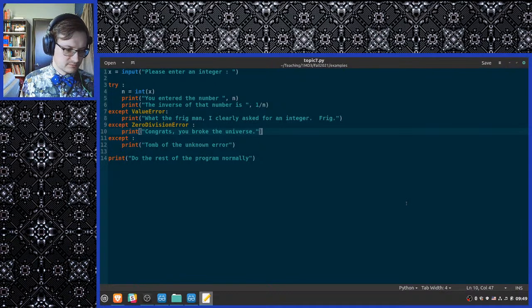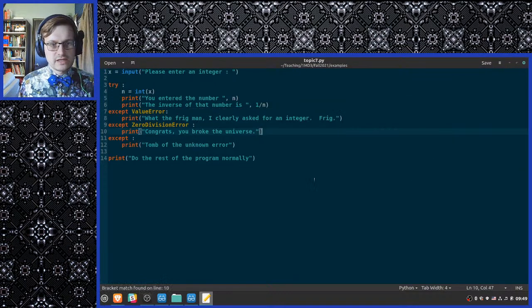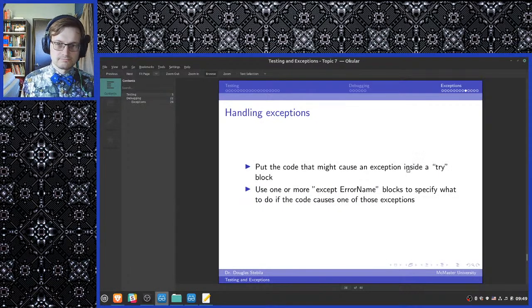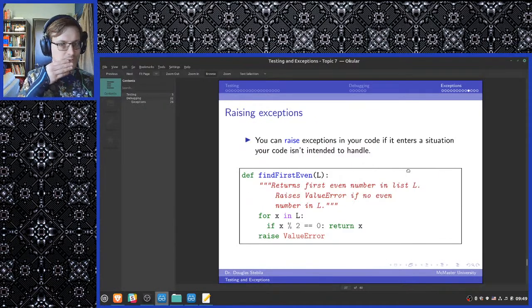But, yeah. So that's how you handle exceptions, generally speaking. You can raise exceptions in your code if it enters a situation your code isn't intended to handle. Now, I'm not going to say that you should wrap every single piece of code you write in try except blocks.